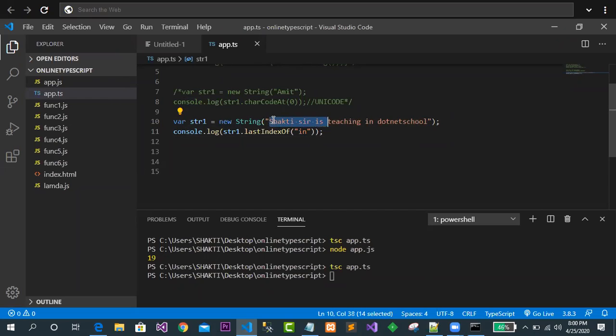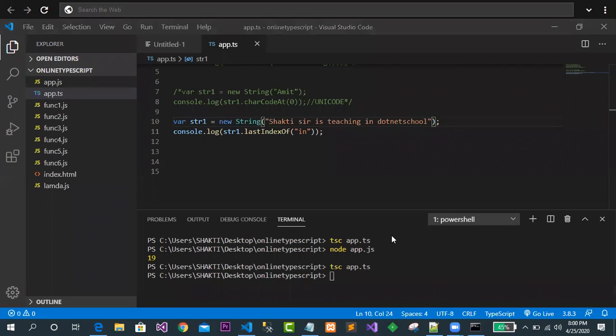Not like that. It will be counted this way: 0, 1, 2, 3, 4, 5, 6, 7, 8, 9, 10, 11, 12, 13, 14, 15, 16, 17, 18, 19, 20, 21, 22, 23. 23. You got it? Though it is the last index, it is searching for the last index of the given value. But the index is always starting from what? From the left side, 0. From the left side. Yes.